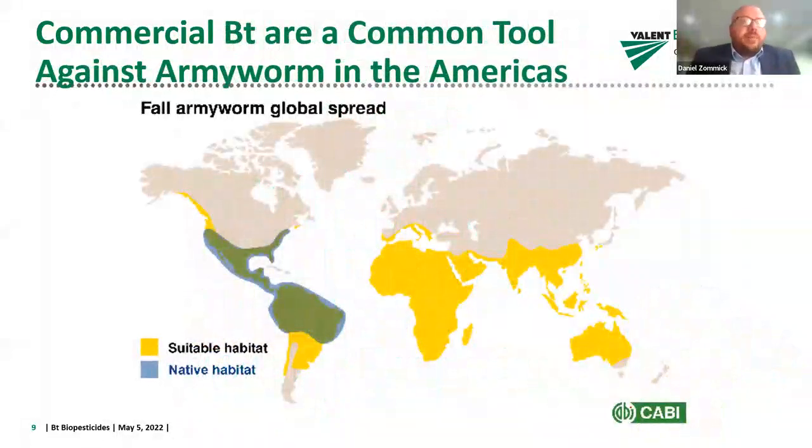Now, with respect to fall armyworm, commercial BTs have been used as a tool against fall armyworm in the Americas really for decades. Excuse me, the fall armyworm is native to Central and South America. And so in the early applications of commercial BTs in the United States, early applications of Dipel were oftentimes targeted to corn, where they could be used to control the European corn borer, but also other incidental pests like